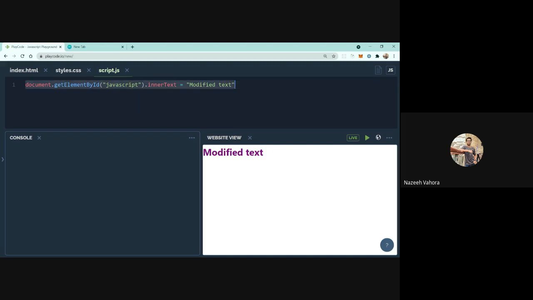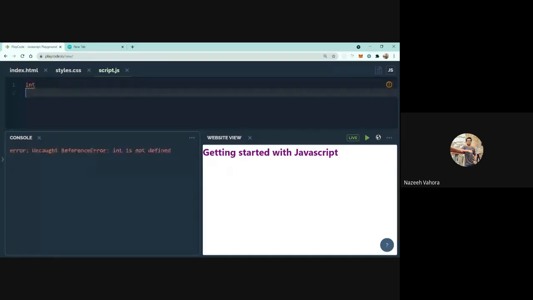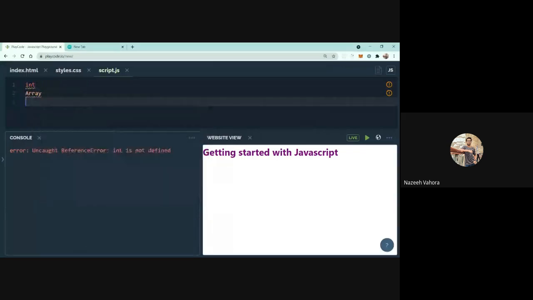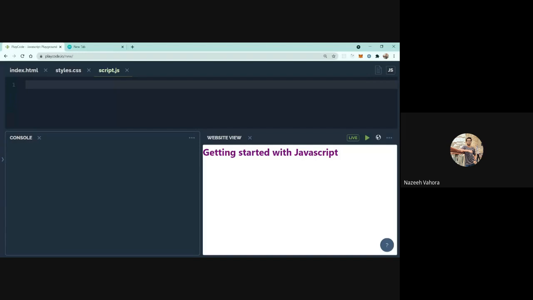Now let's come to the data types section. You might have come across arrays and float in the C language. In JavaScript, data types are similar, but there are some differences.